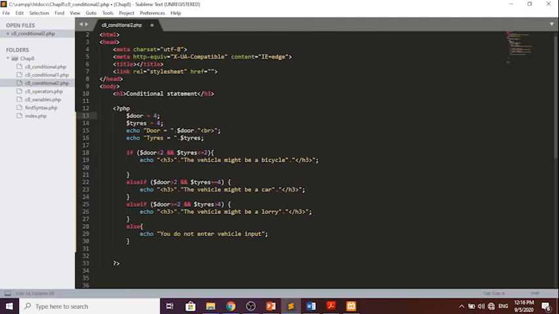For the door, assign it 4, and for tire I assign 4 also. Next, I'm going to display the door based on the number that I've assigned to the variable door, and similarly I'm going to display tire based on the number that I have assigned for tire. And if you look at this